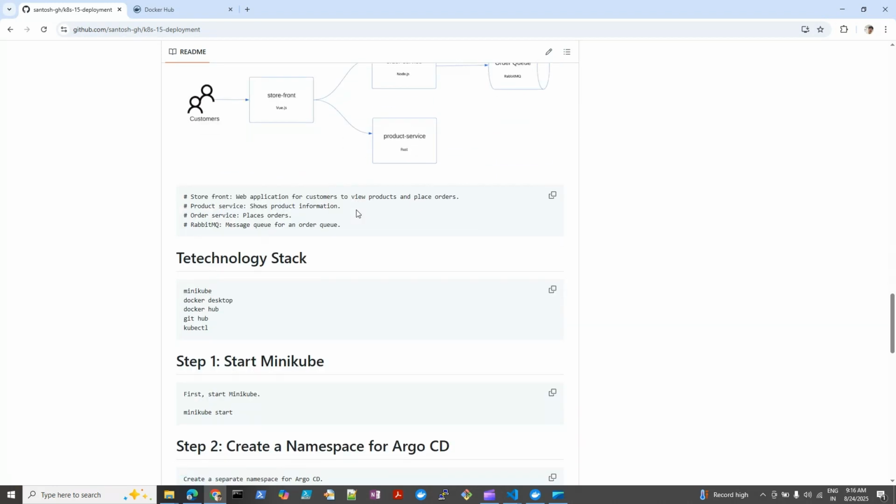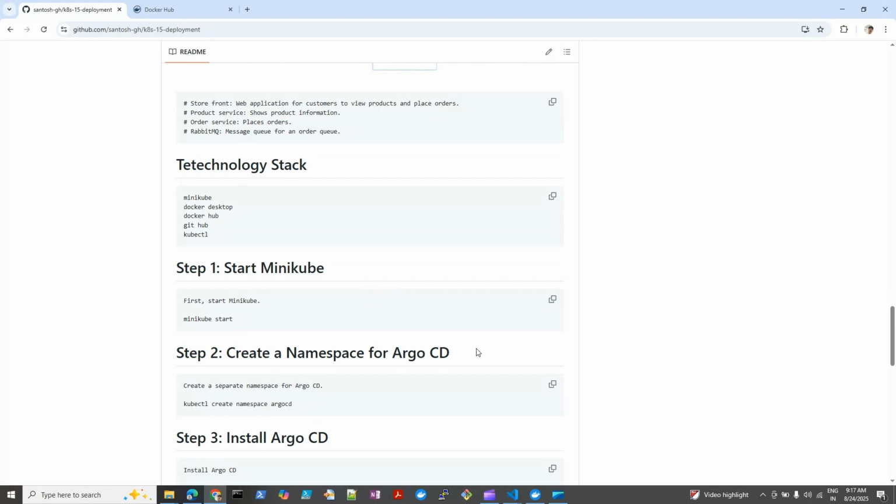Okay, so in this lab, basically, I'll use Minikube to demonstrate how we can use Argo CD, and in a future lab, we will use an Azure AKS cluster to automate everything. So in this case, I'm just taking a Minikube cluster to demo it, simply to save the cost. So let's go to